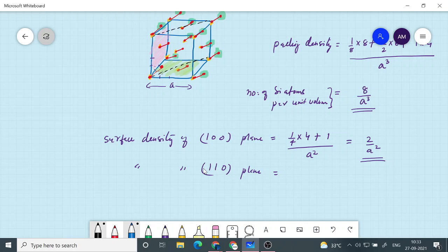Okay, maybe I'll continue in the next class. I'll try to show you some pictures other than what I draw, to show how many silicon atoms are sitting in this 110 plane, and then the 111 plane also we will look at. So these are the most important planes. I have only shown the simpler one, 100. So we will also look at the 110 and 111 planes.